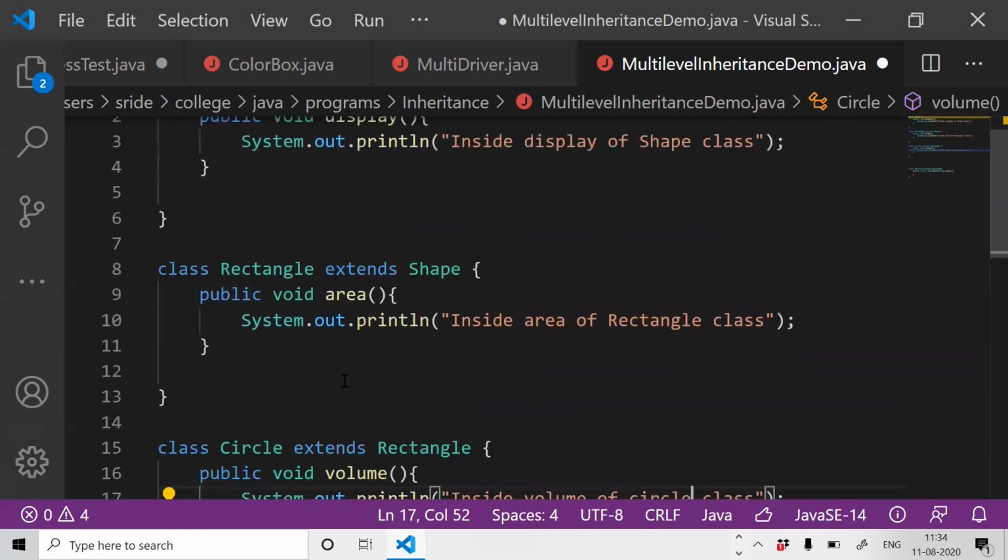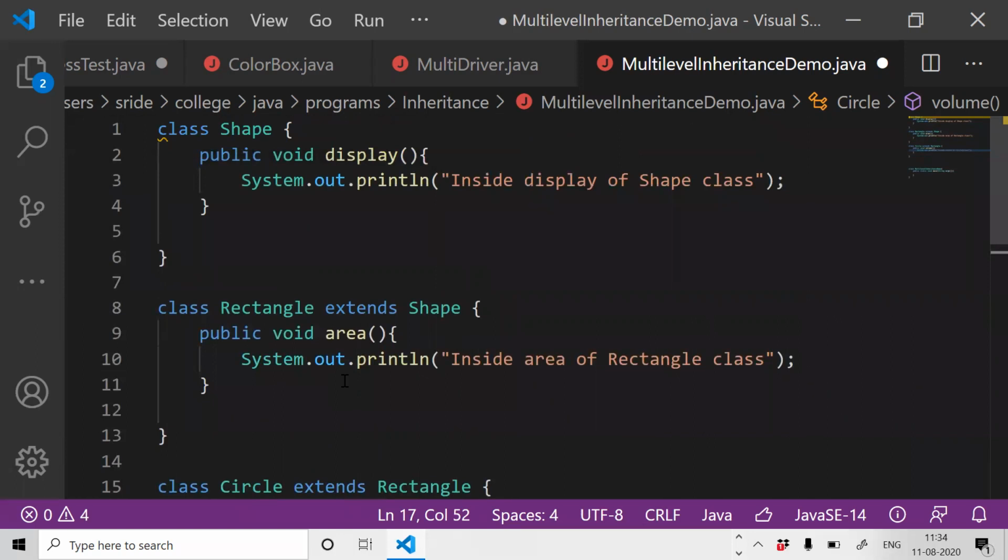Anyway, you understood single inheritance, but to make things clearer, I want to tell you one thing. If I create an object for Shape, I can access only the display method. If I create an object for Rectangle, I can access the area method and I can also call the display method.